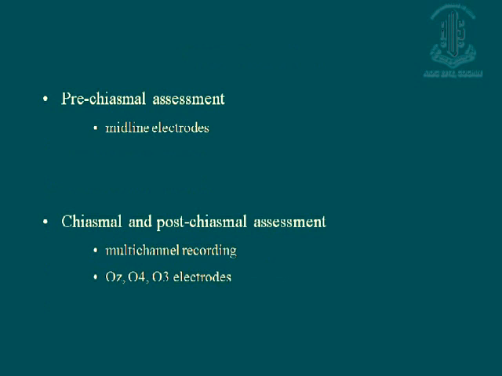Now, this is again important to imagine. Most of our recordings of VEPs nowadays use midline electrodes. With midline electrodes, you can only pick up pre-chiasmal defects. You can pick up only defects in the optic nerve. You cannot detect chiasmal or post-chiasmal defects because of the decussation of the fibers at the chiasm. To detect this, we used to do something called multi-channel recordings. With the new modalities of imaging, we hardly do this test now. Most of the time we are just doing pre-chiasmal. So even if your VEP is normal, that does not mean the entire visual pathway is okay. You can only say that it is okay in the anterior visual pathway, up to the chiasm.